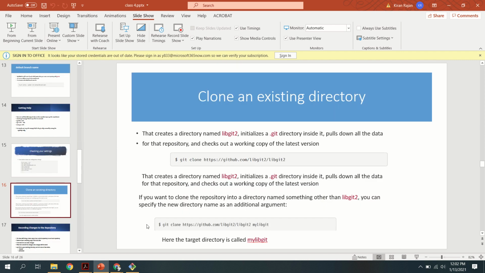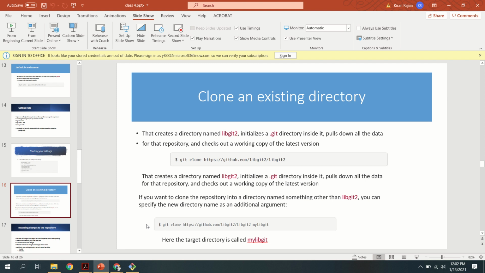So far we studied some of the basic commands which are used for setting your identity, for viewing your configuration details, for getting help, etc. Now we already created the repositories, the central repository and the local repository. If you want to take a clone copy of your central repository to your local machine, there is a command in git for that, which is git clone.